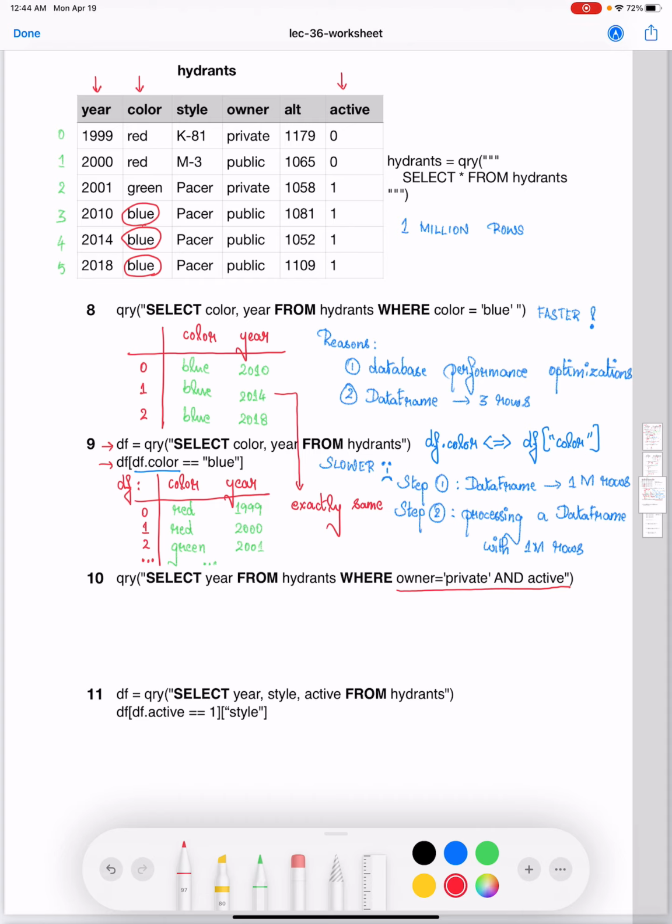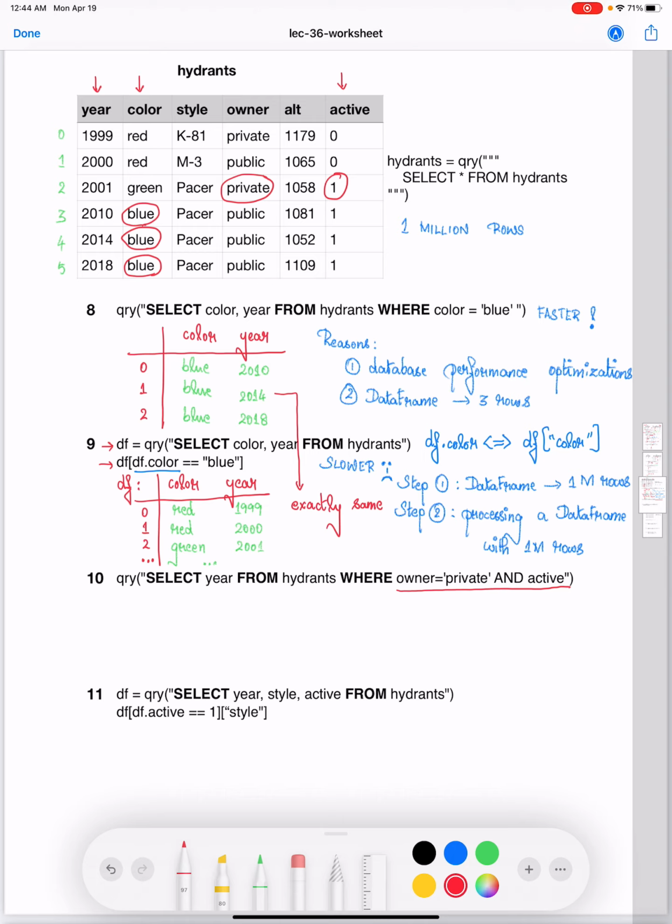So let's focus on the first part of the where condition which says owner equal to private. Pretty much there are only 2 rows which satisfy that particular condition. Only one of those has the active column value as 1 as I've highlighted in the above hydrants table. What are we selecting?